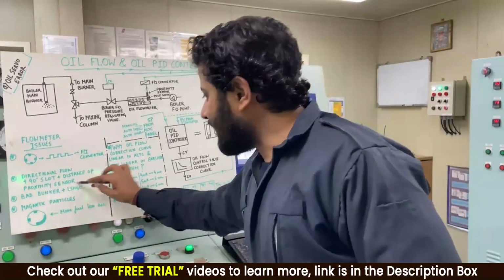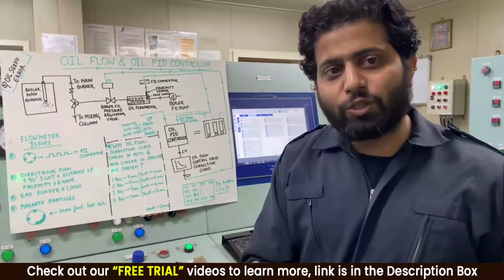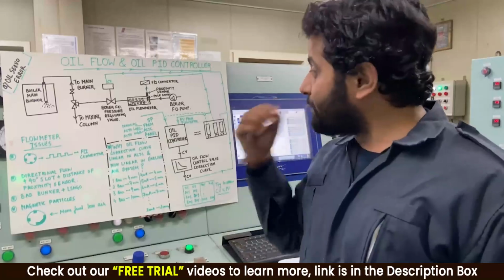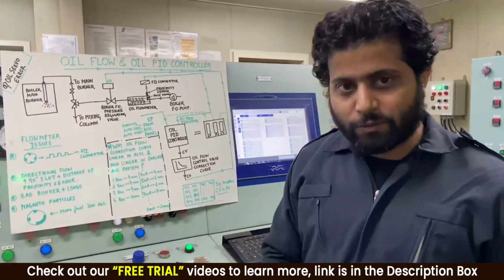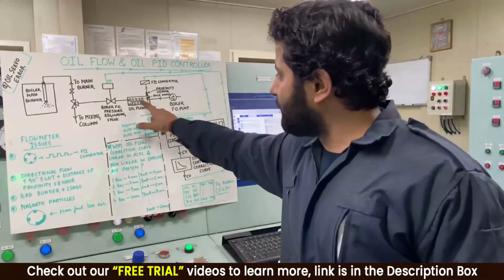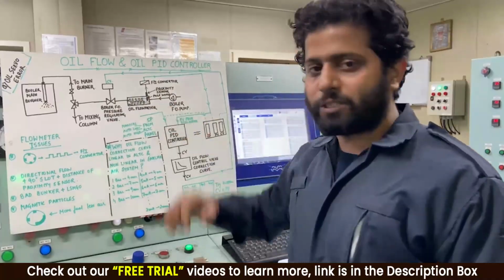Another thing is LSMGO. What happens in LSMGOs, guys? LSMGO has very little lubricity. Again, in that case, your bearings can get damaged. Sometimes, guys, it's not just your bearings. On one of my ships, the problem I faced was, I changed over to LSMGO, and the PV was showing 0% even though my valve was open.